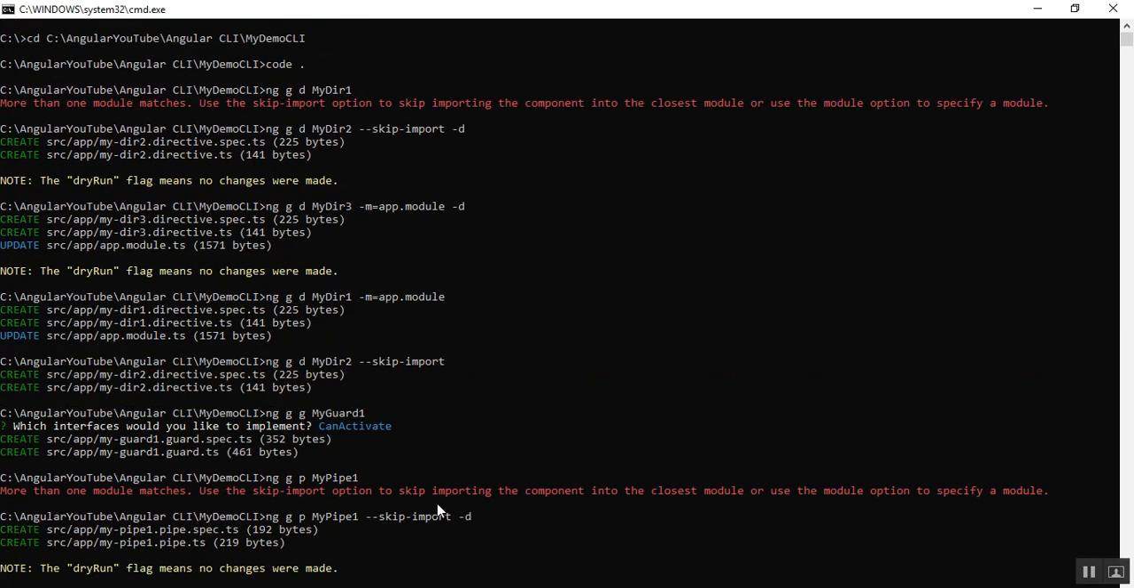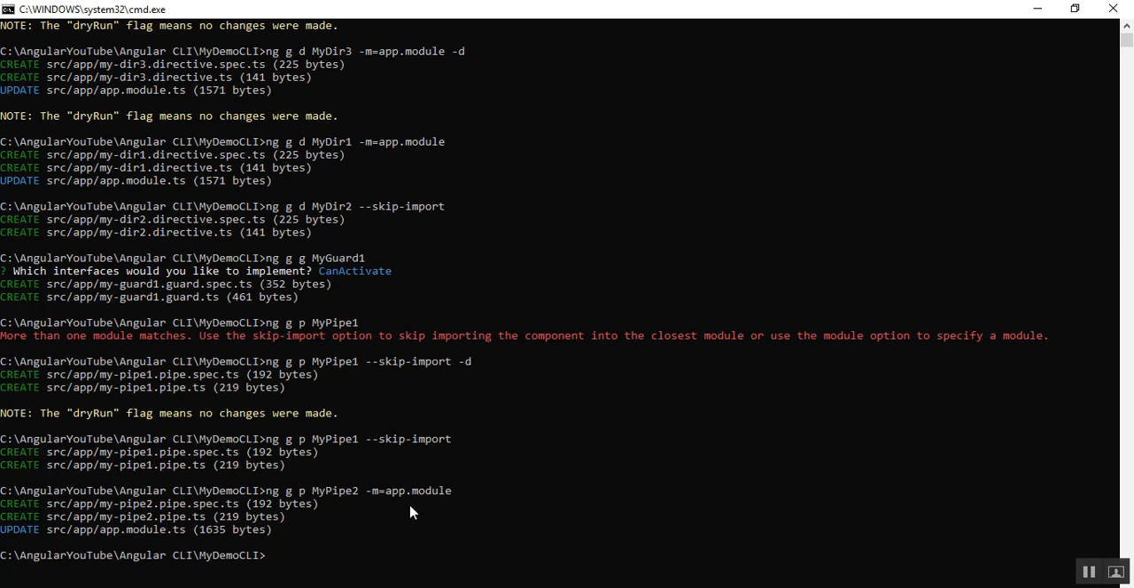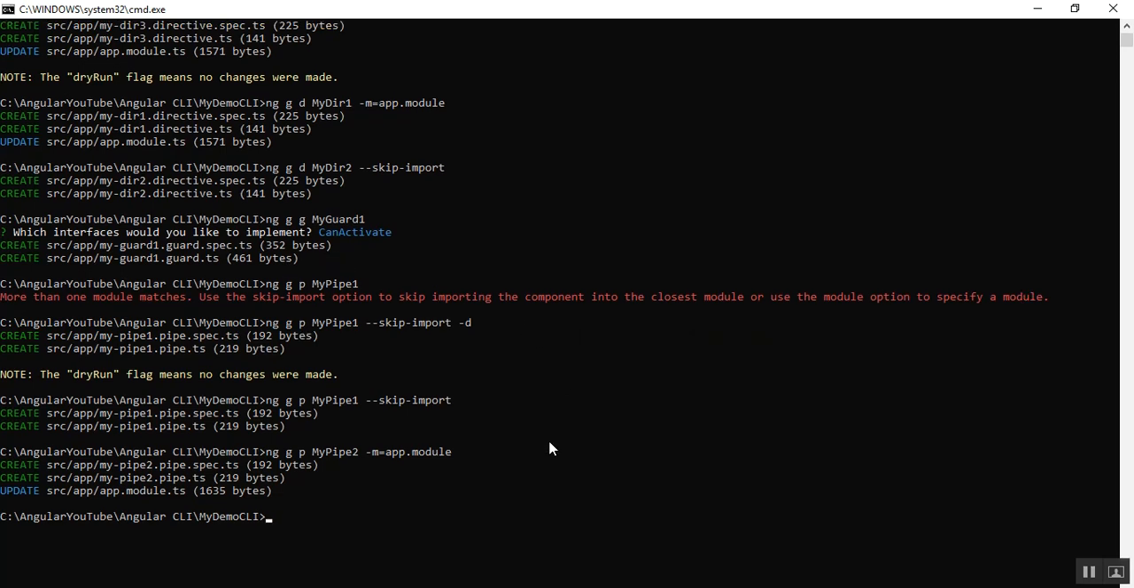right. So this is the most important: why this error is generated, how to skip this error, and how to add the pipe and directive, or import and register, inside the app.module.ts. And by default, when creating or generating a guard, it is not showing this error, that is, more than one module matches, because by default it is not updated in the app.module.ts file. Alright,